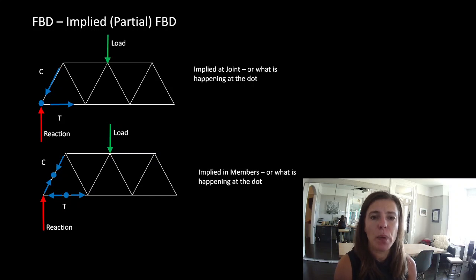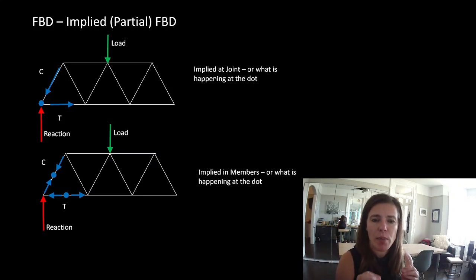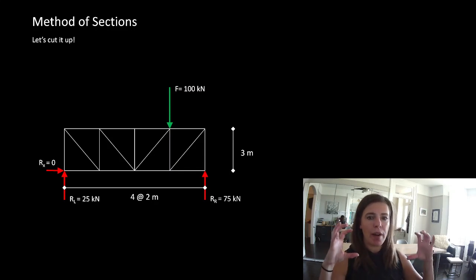So we just talked about internal forces being drawn in a free body diagram, which we don't tend to do on an overall whole object. We're talking about all the things we're looking at acting on an object. Now we're talking about internal forces. So let's see what we can do with this. All right, let's go to the next slide here. Method of sections is a really awesome technique that I'm teaching you about this week that reminds us that if we've already figured out that the object as a whole is in static equilibrium, which means we've figured out what the